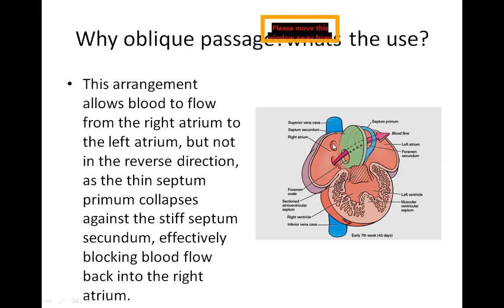Because the blood flow in the primitive heart is from right to left, blood goes from the right atrium to the left atrium. Why? Because pulmonary circulation has not started yet, the pulmonary veins are not yet formed, and therefore there is no connection with the developing lung. Our atrium will form only when there is constant blood flow in them. So for proper formation of the right and the left atrium, this shunting of blood is very necessary.